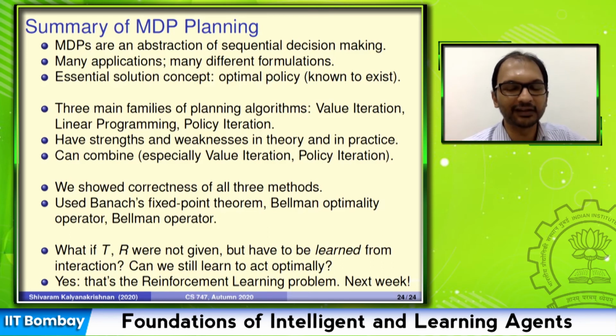As a part of this course, we have seen 3 large families of such algorithms: value iteration, policy iteration, and linear programming. They have their pluses and minuses. In practice, I wouldn't say that one of them is uniformly better than the others. Depending on the problem instance and its attributes, maybe value iteration will do better, or linear programming, or policy iteration. But on relatively small MDPs, any one of them will do very well.